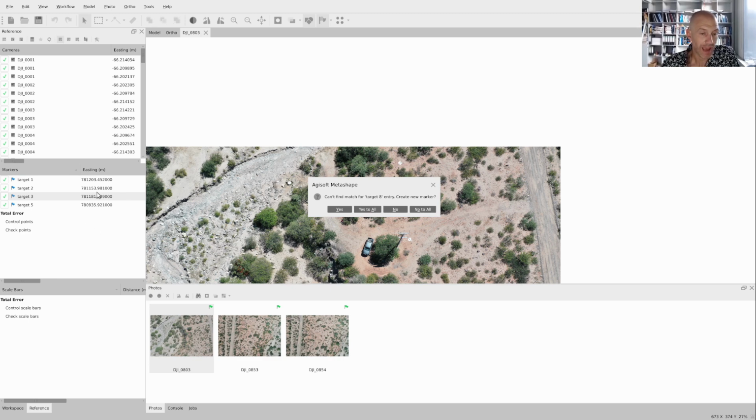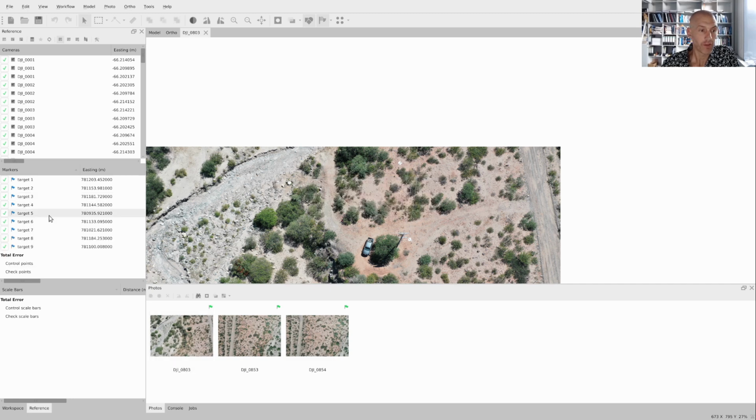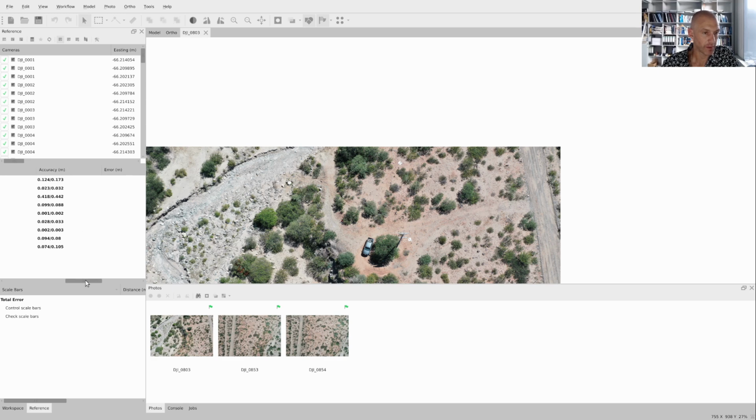Because our automatic detection did not identify a target 8. So we want to create a new marker, because we will then end up adding it manually. We also will need to create a new marker for target 9, for 4, for 7, and for 6. So we have a bunch of targets where we don't have a pixel location, but we can add those later. So we have the eastings and the northings coordinate, we have the altitude, we also have an accuracy, that's the values from the CSV file, and as soon as we have done the alignment, we also get information about the